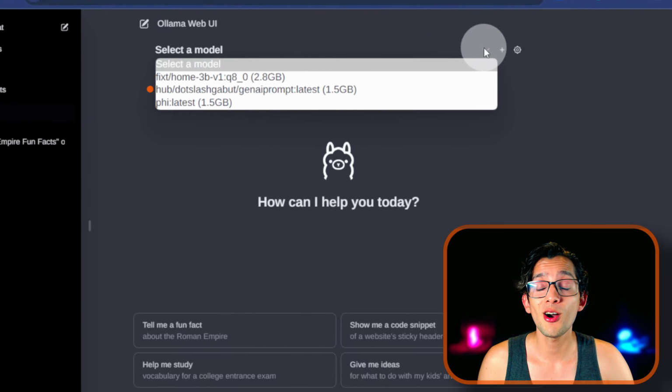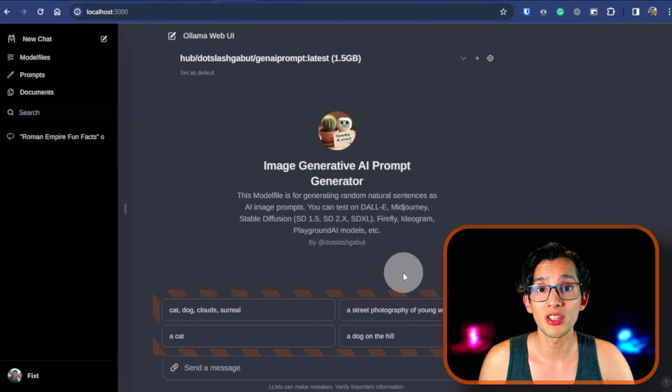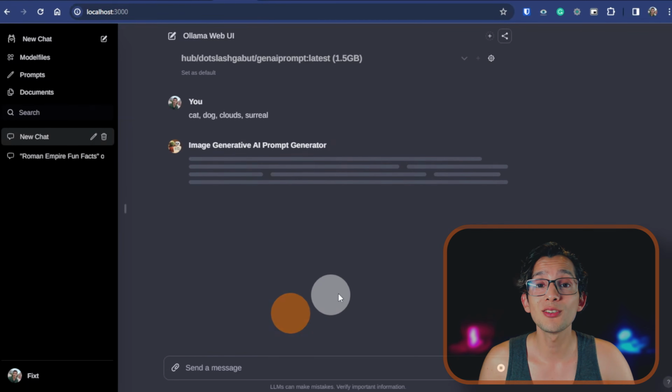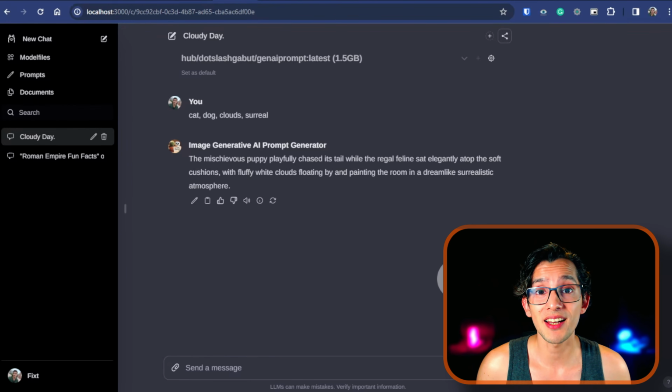You can use the model file, or you can use the base model. And then, if I click on one of the suggested options, it's going to load the model and answer my query. This way, you can create a personality for one of the models and fit that into other services,